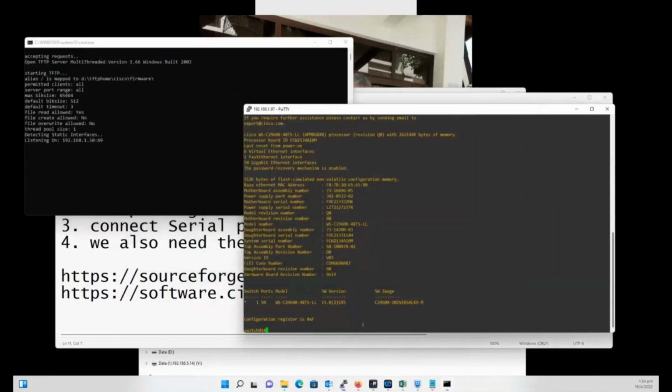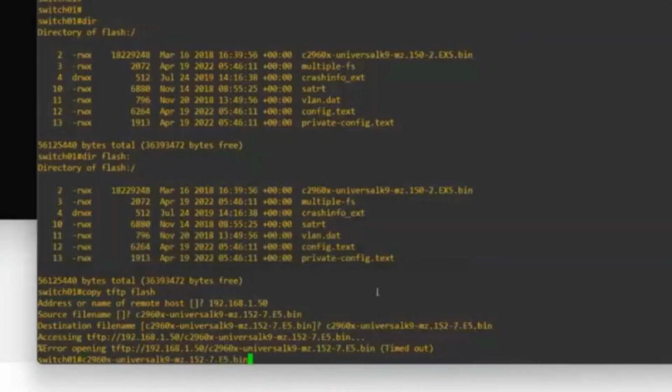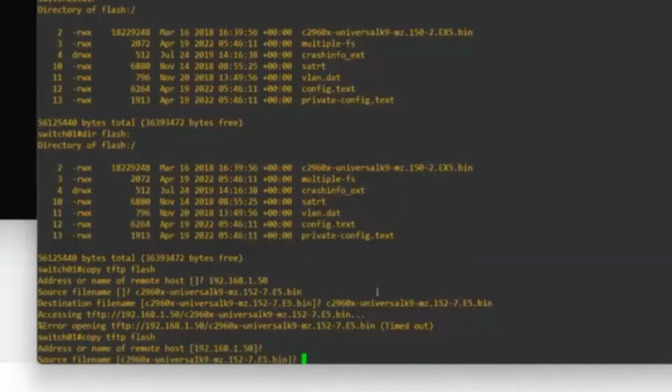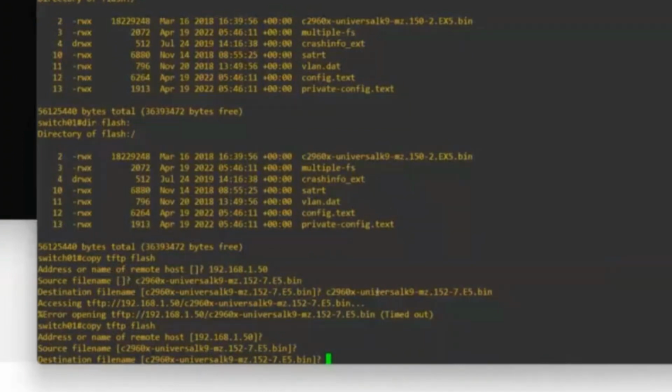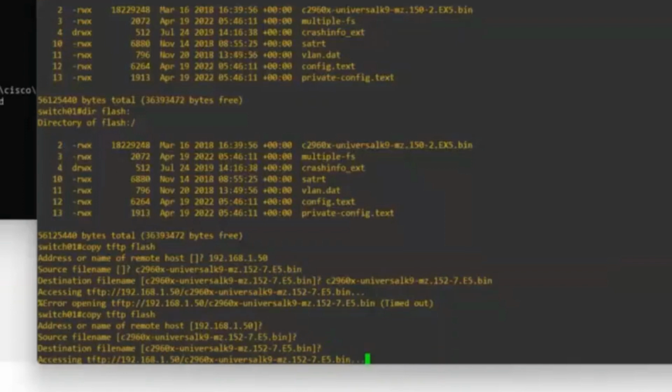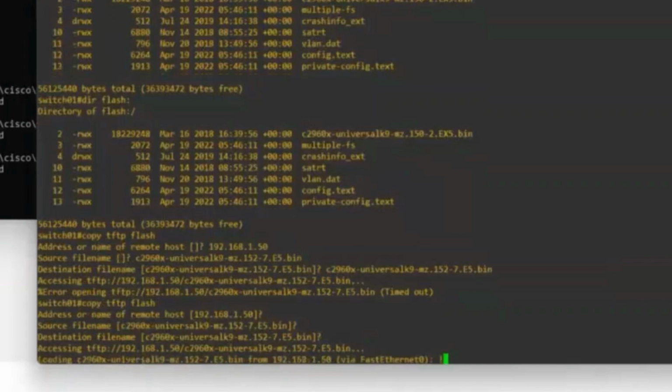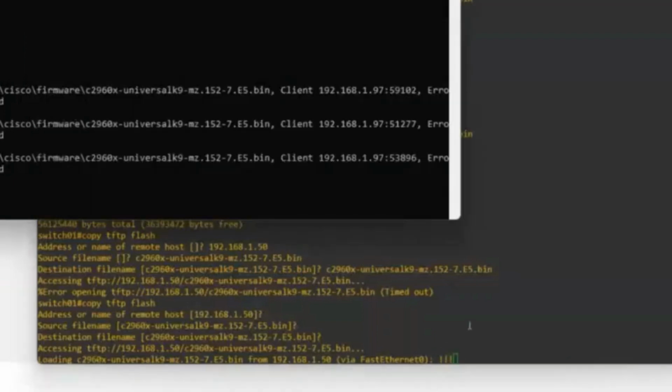Then on the CLI you type copy tftp flash. In my case, it's only flash, not flash1, not flash2. Then you need to put the IP address of the TFTP server, the source name, and the destination name. Once you have that, just press enter, and it will start communicating with the TFTP server. It will download the file. You will see exclamation marks. This means that it is